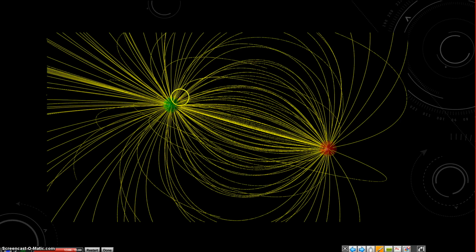So this field, the green field, maybe at this point, the green field will point in that direction because this is positive, right? We said that this was a negative charge over here, okay? And so the red field, the field due to the red, at that point in space,